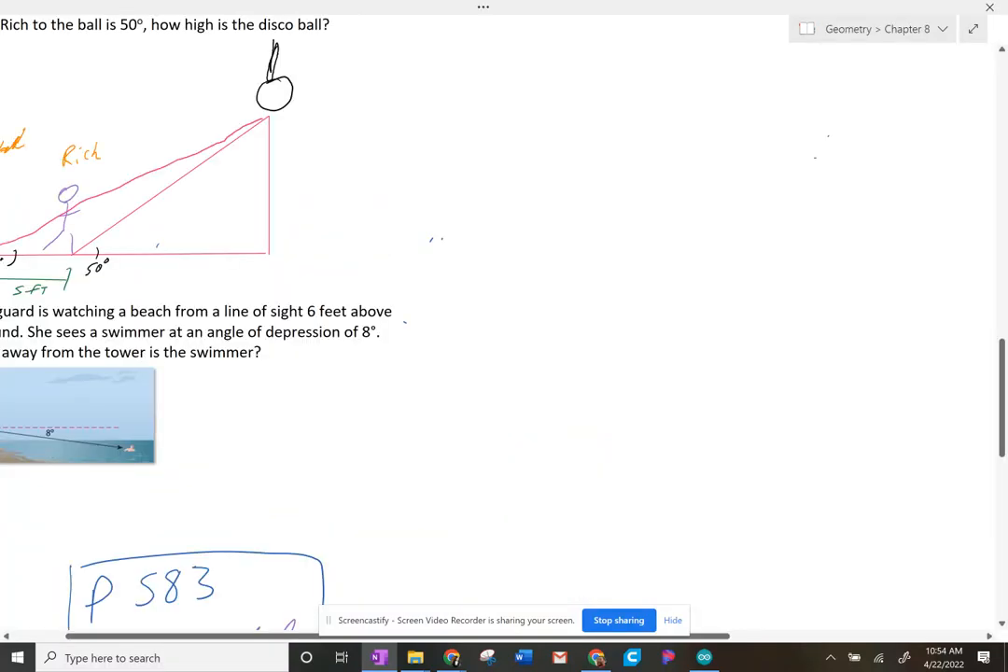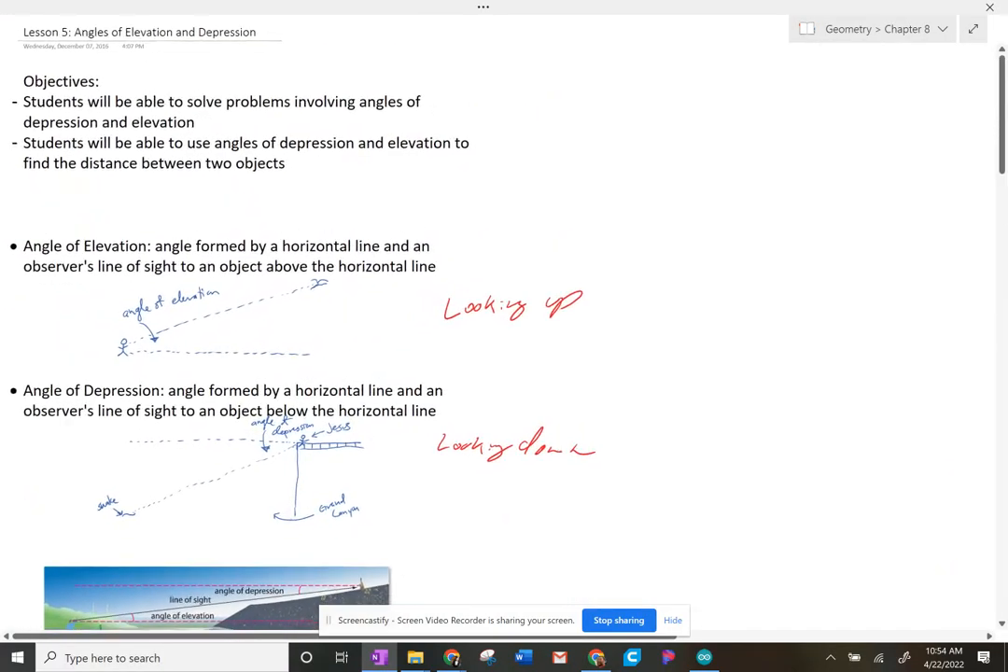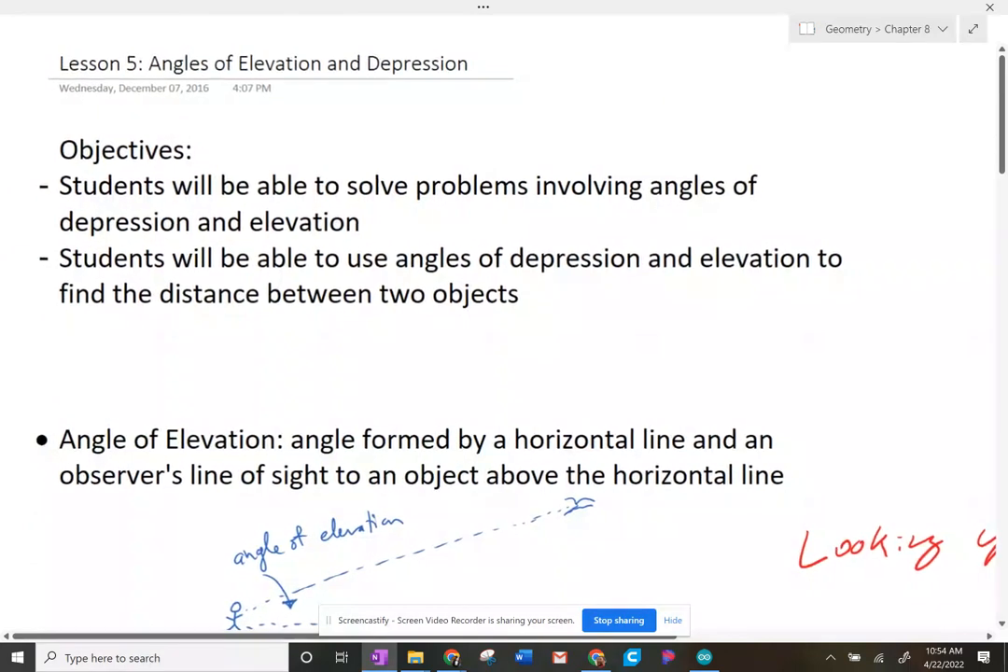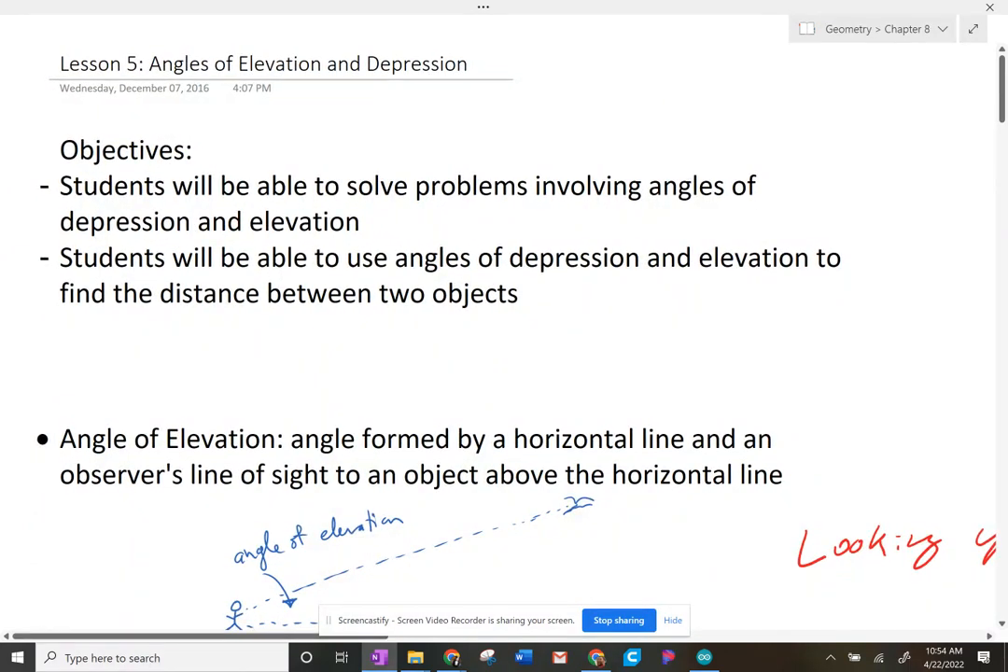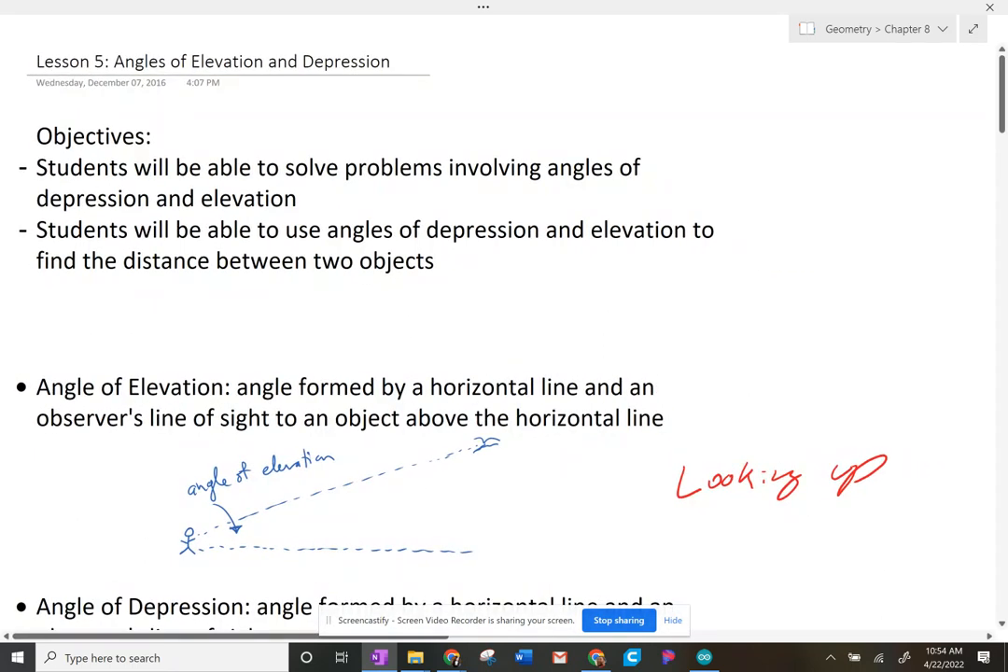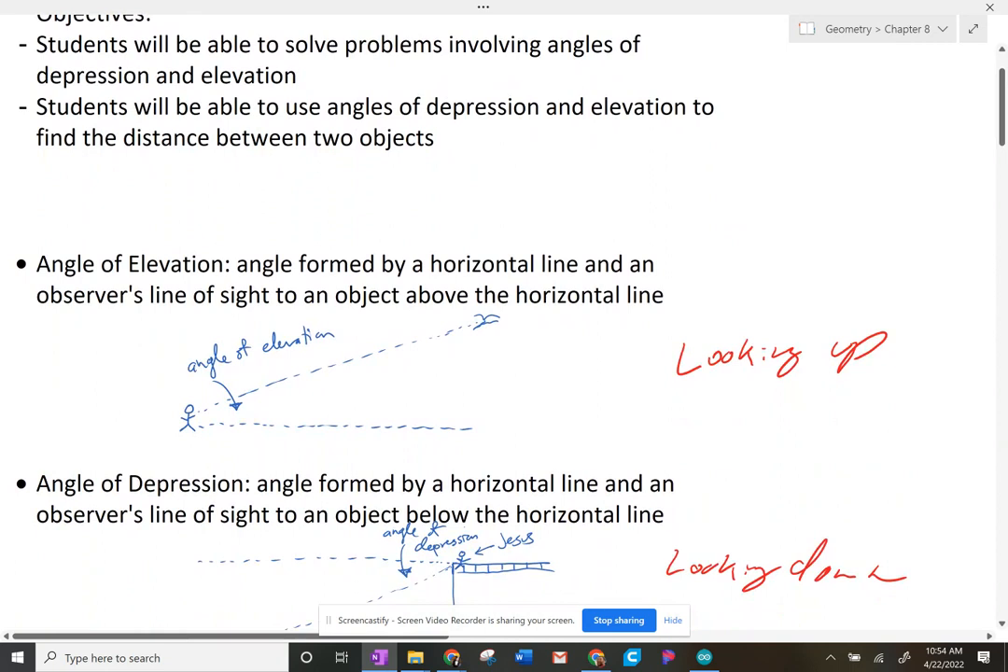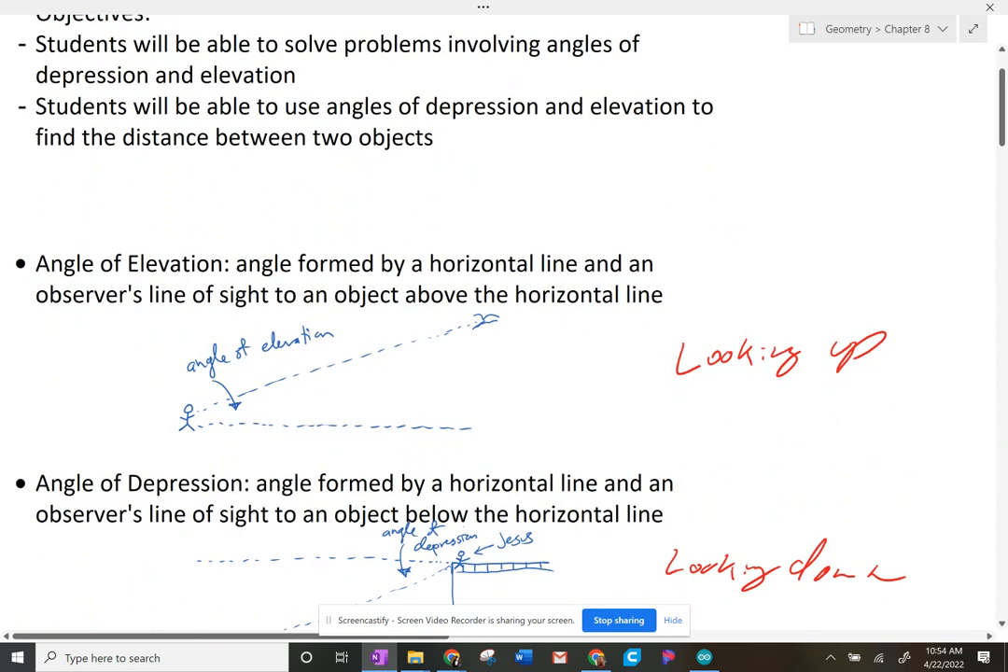All right. So today's lesson 5, we're going to deal with angles of elevation and depression. I'm going to really simplify down the definitions for you, so don't worry about writing a whole bunch of stuff. But when we start talking about elevation and depression,